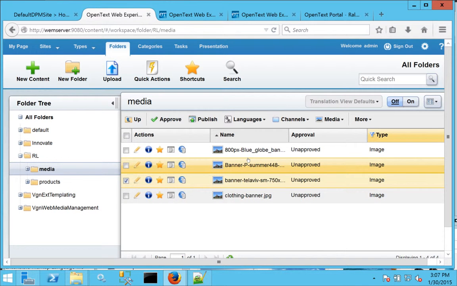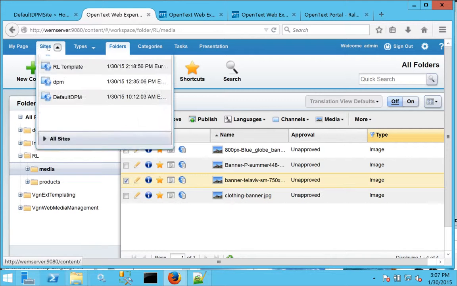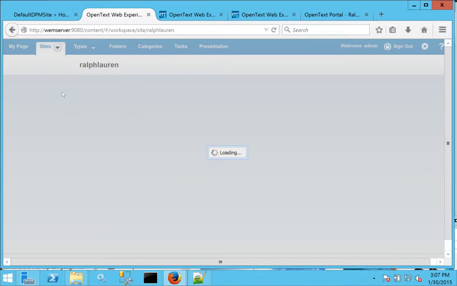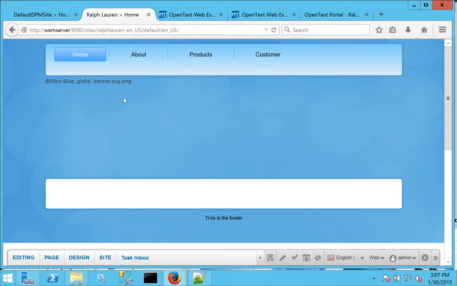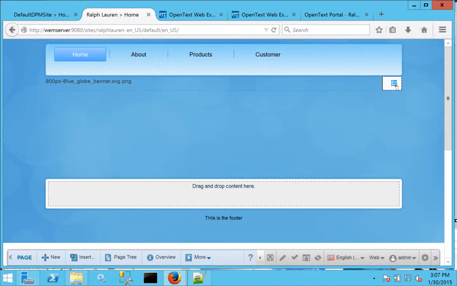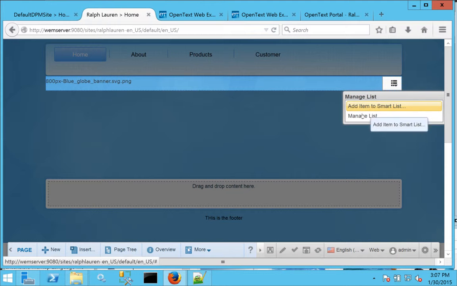Then we need to create a component that supports that. So we can create a content instance, and we can do that through a quick action, for example, or directly in the site. So I'm going to go back to preview, and we'll go ahead and do that right on the preview site. So my smart list is already listening, so I'm going to modify that smart list to only listen to my channel. So I'm going to go into the page mode, and you'll notice in page mode I don't have access to the properties of the